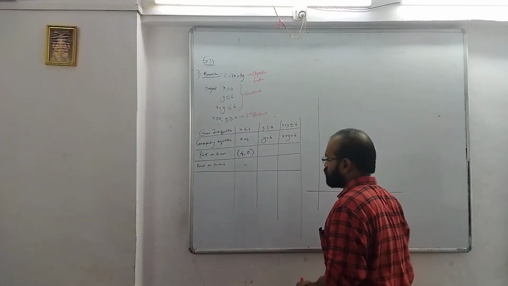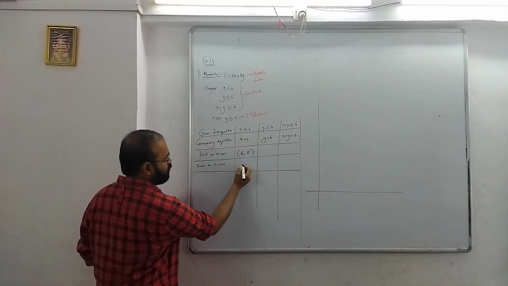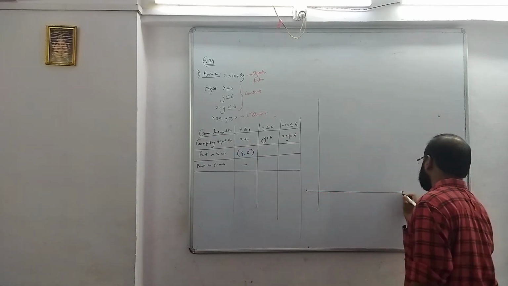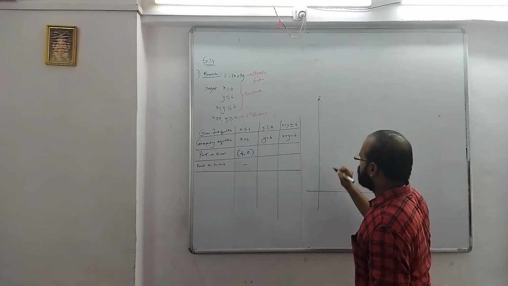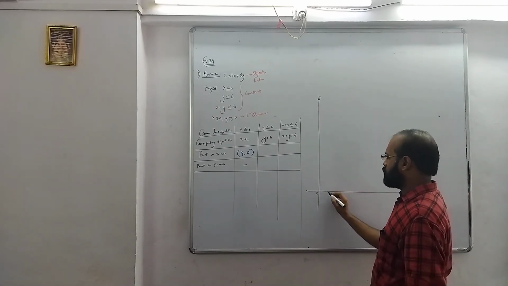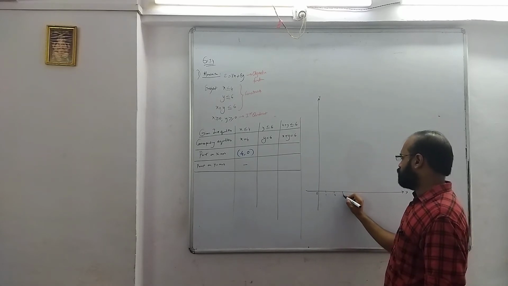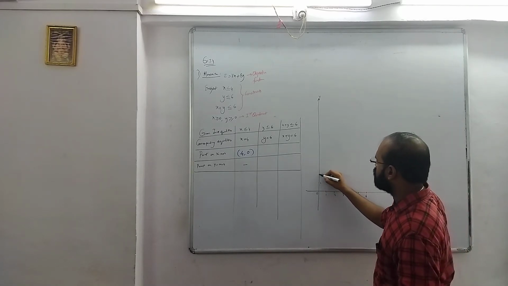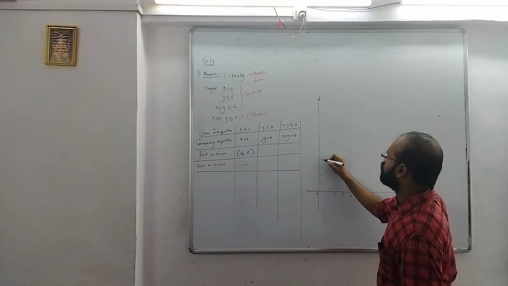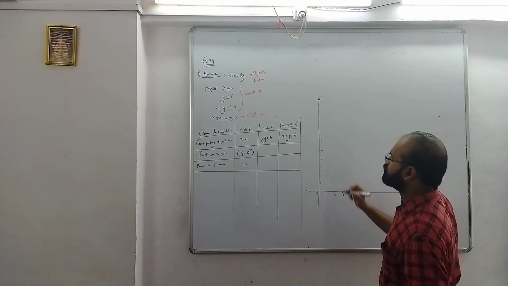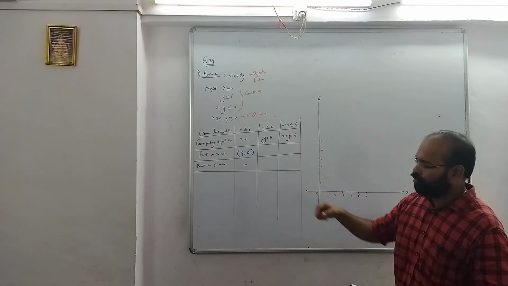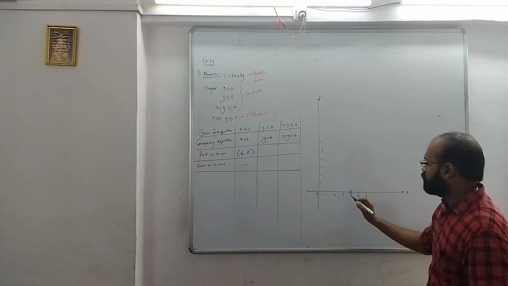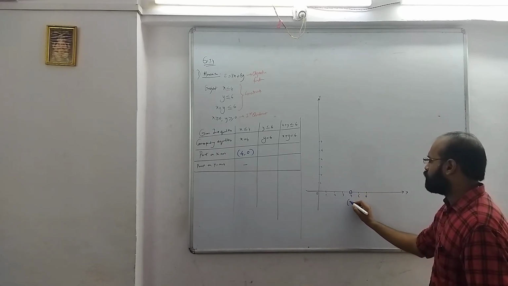Okay, let's see this. So we were on (4, 0). There will be no point on the y-axis. Let's try to draw this now. This is x, this is y. This is 0, and we take up to 6 on each axis: 1, 2, 3, 4, 5, 6. The first point is (4, 0). Any point on the x axis will have y equal to 0.